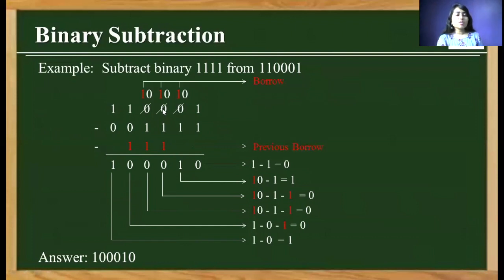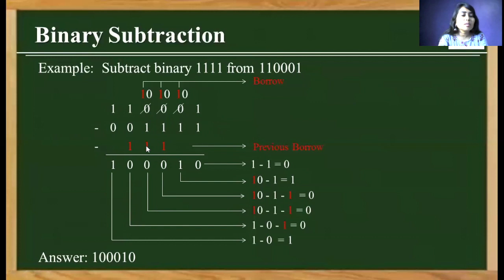Okay, so here 1 is written in this subtraction, but here 0 minus 1 subtraction is there, which is not possible, so we have to take a borrow. So here again 1 0. To perform 1 0 minus 1, we have an answer 1. Then 1 minus 1, we have an answer 0. This is the borrow of this bit and this is the borrow of the previous bit. Okay. So here 0 minus 1 is not possible. Hence we take a borrow 1 0 and then 1 0 minus 1, we have a result 1. Then 1 minus 1, we have a result 0.